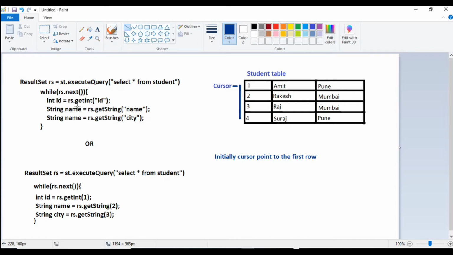Result set provides the getInt method, the getString method, and many others. According to the data type of the column, we have to call the matching method. For getting the id from that row, we use the getInt method, and this is the column name: id, name, city.